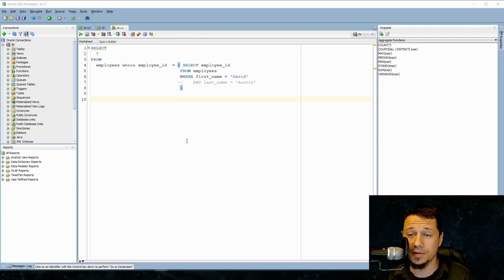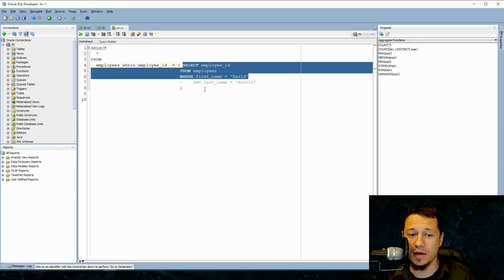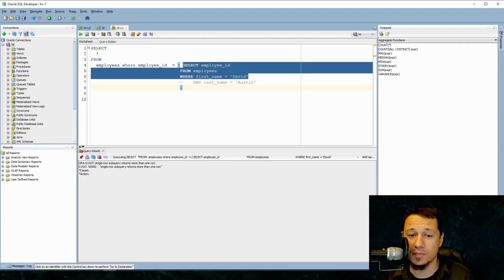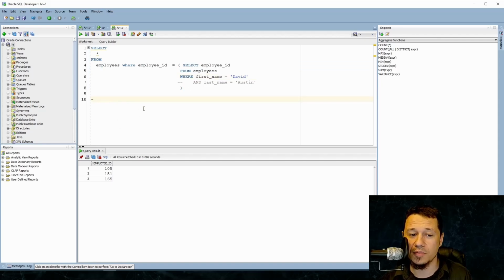Welcome back. In this lesson, we're going to cover how to handle a case when a subquery returns multiple values. As we saw in our last lesson, our subquery returns 3 values. And of course, this query is going to fail as we are searching only for one value. So if I check my subquery, I'm just going to run it. It returns 3 values as there are 3 employees in our employees table with the first name David. We're just going to mark those employee IDs